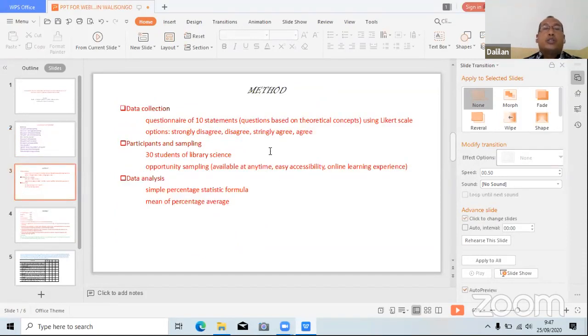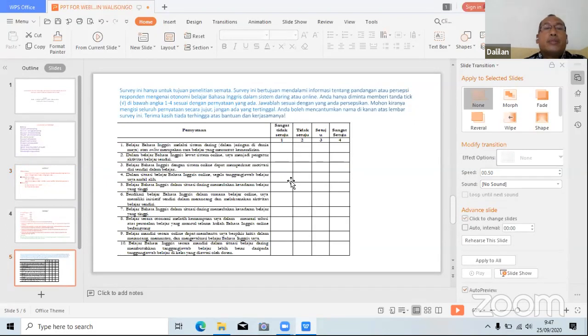Data collection used a questionnaire with statements. The questions were based on theoretical concepts I constructed myself, using a Likert scale. Options ranged from strongly disagree to agree. Participants were 30 students of library science, and I used a sampling technique. And this is the statement I used. And the findings,